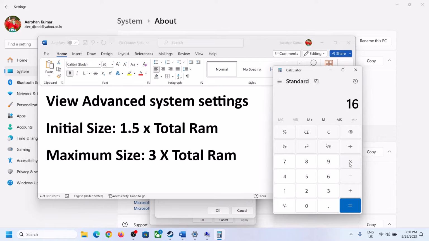1 GB is equal to 1024 megabytes. So 16 GB in megabytes will be 16384. Now, 1.5 times total RAM. This is my total RAM in megabytes. Now multiply by 1.5. So in my case the initial size is